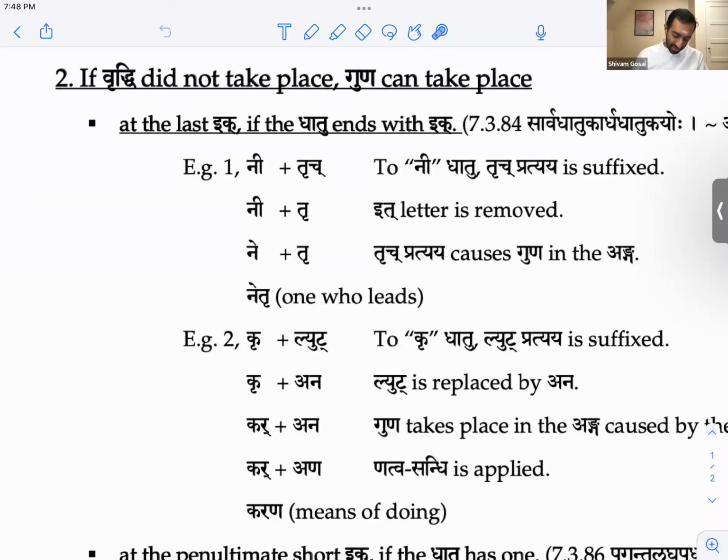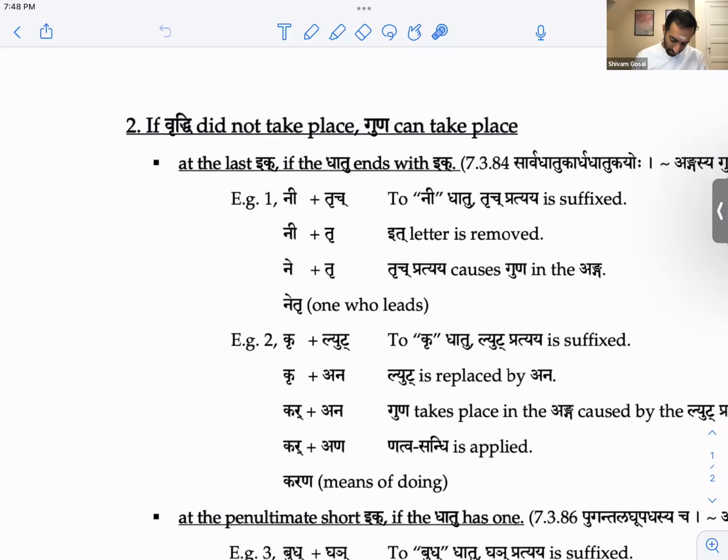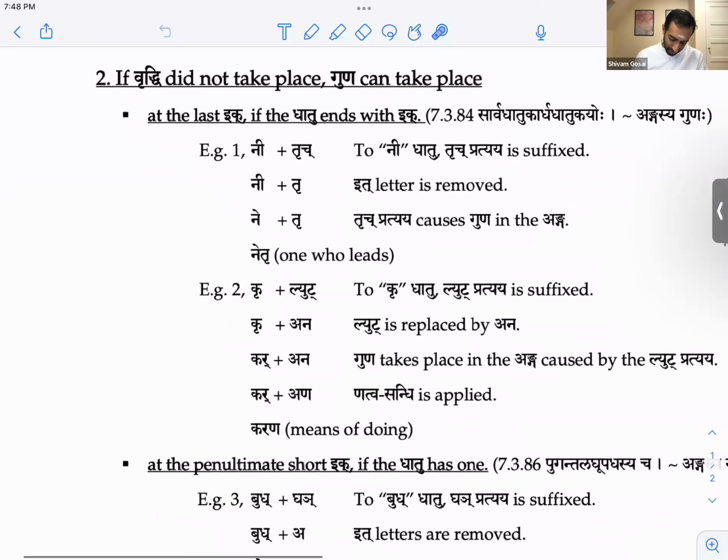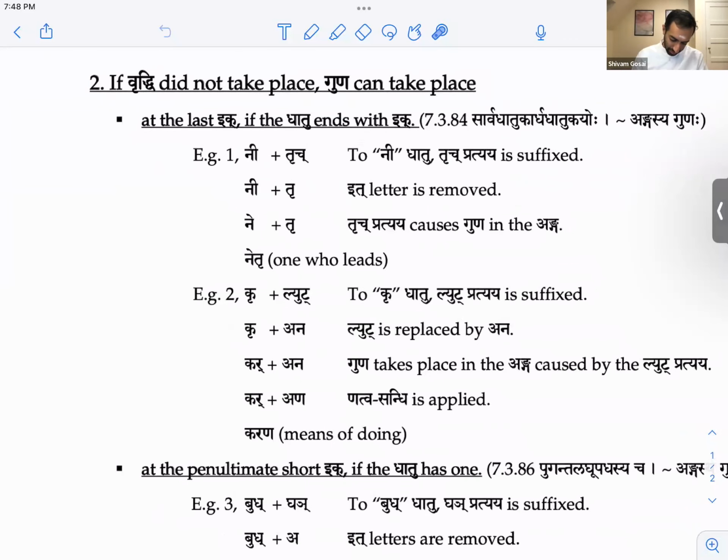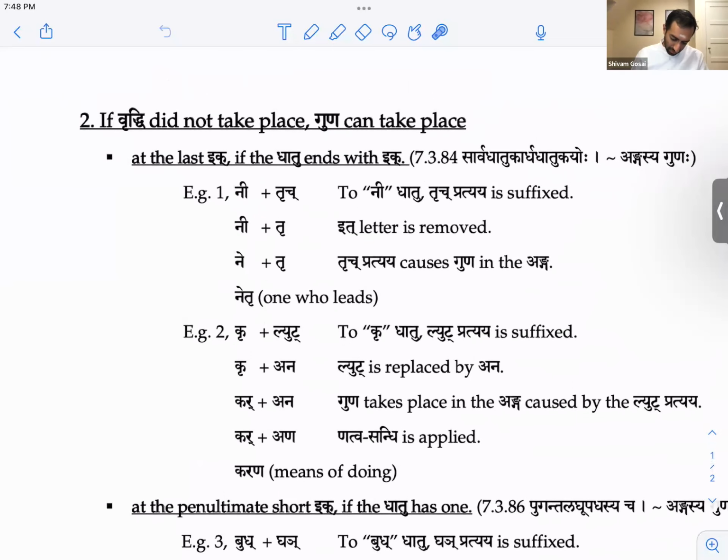Okay, so let's see this. At the last ik, if the dhatu ends with ik. Now you remember, we just saw this. Why won't vriddhi take place here though? Because this pratyaya is not nit or nit.